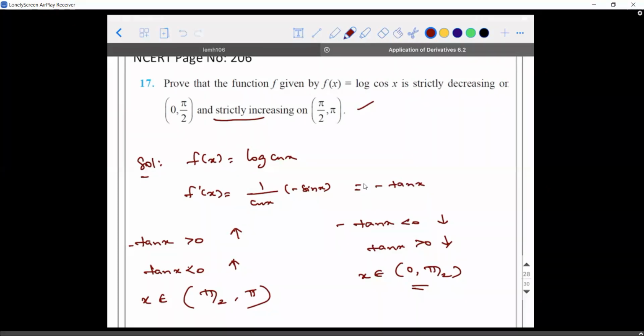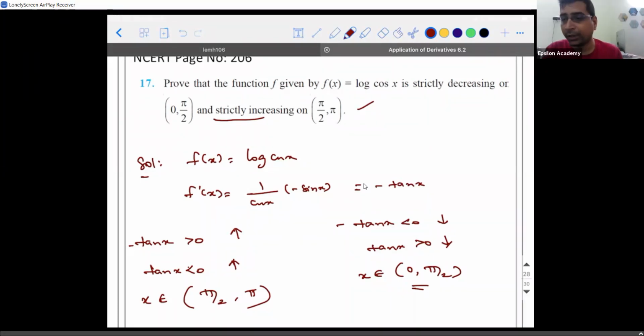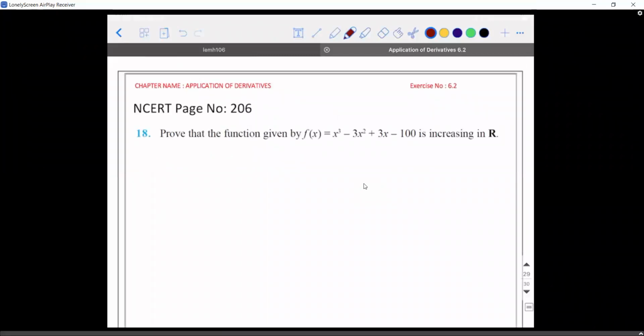Okay. Just wanted to stress on one point there. I'm doing it like a rough work here, but in your exam, you need to be crystal clear with your steps. For decreasing, you need to show the steps clearly. Don't use shortcuts. You lose marks. I want everybody to be keen on that. Okay, sir.